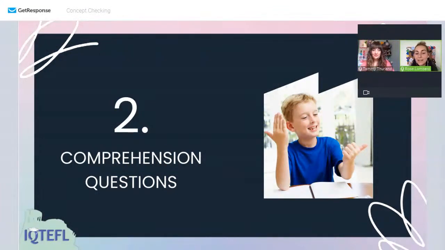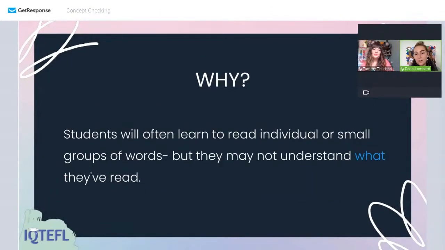So next we're going to take a look at comprehension questions. Now, I use this quite often in my lessons with older students as they are more capable of understanding comprehension questions. So let's go and have a look at